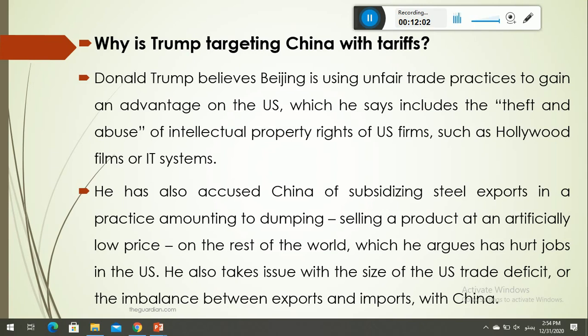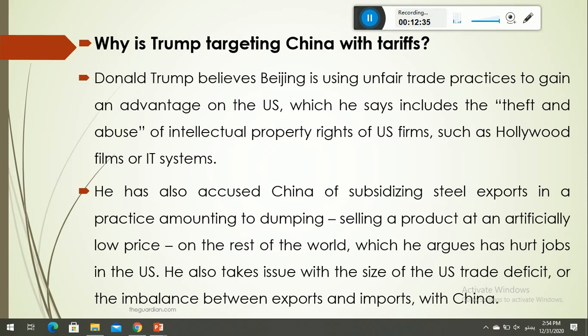So it's a big amount when you're constructing a big project. So that's why they will be shifting from national products to Chinese. That's why Donald Trump has accused China of using a dumping policy in certain industries in certain countries in order to take over their competitors and the market, and at least find a position for themselves in the same market. So that's another allegation made by Donald Trump, which he argues has hurt